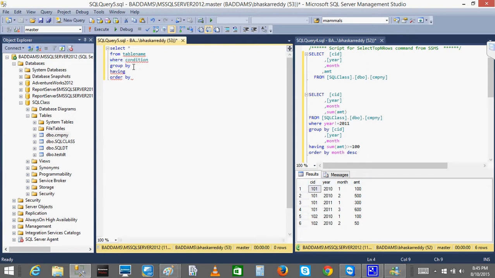After filtering, you will do a group by. After doing a group by, whatever amount you get, the sum, right? If you want to filter on this, then you can use a having clause. After having, everyone thinks it goes to order by. No, it will not go to the order by. After having, then